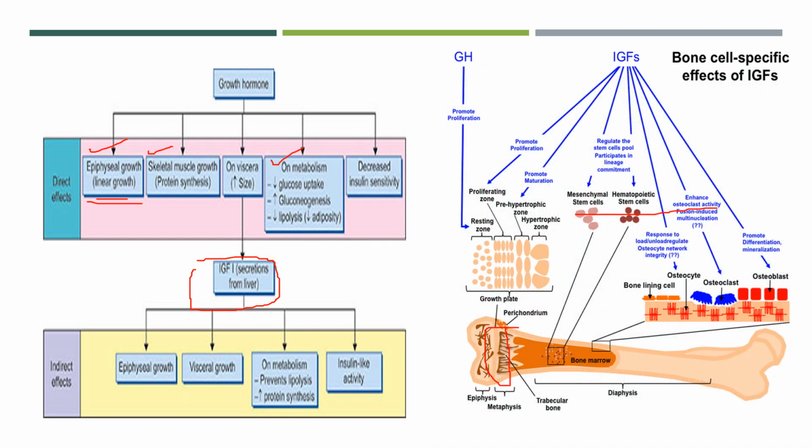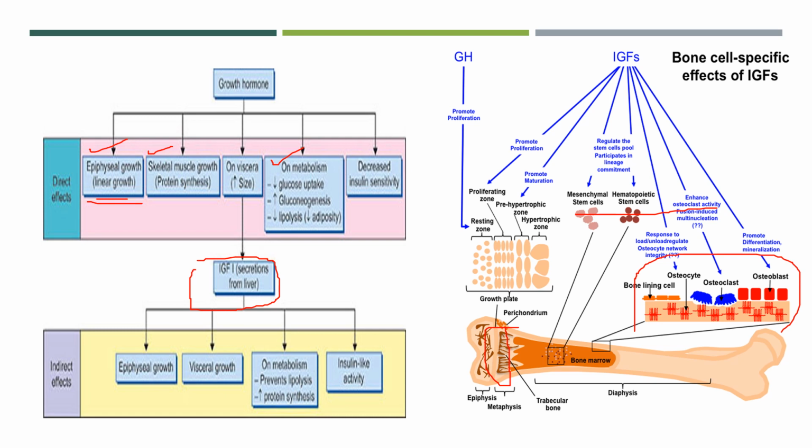So all of them will help the differentiation of the chondrocytes and growth of the epiphyseal cartilage that increases the length of the bone, consequently promotes the linear growth of the body. Thus growth hormone increases the height of the individual before closure of epiphysis. Now some other activities on bone is that growth hormone stimulates the bone remodeling.